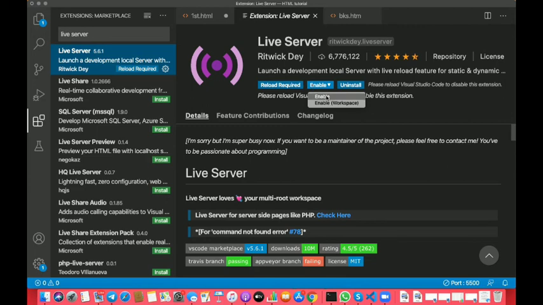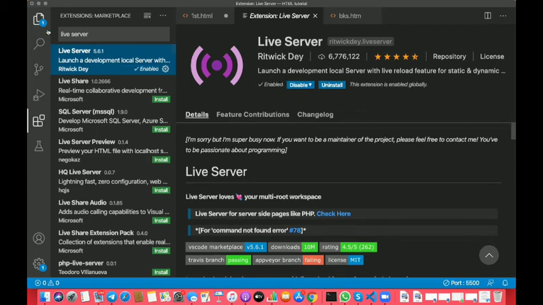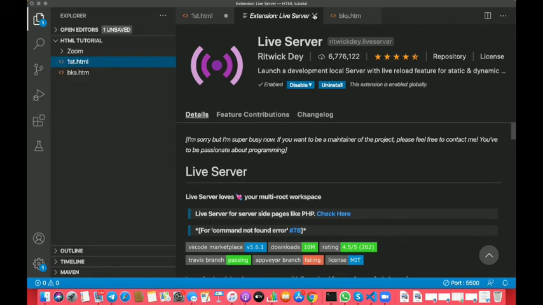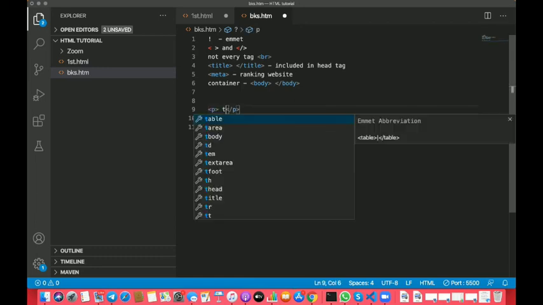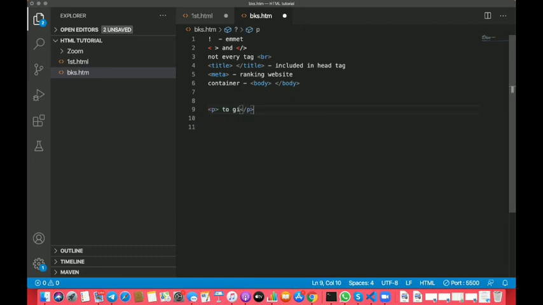Yeah, you can enable it and disable it from here. So now let's make some notes in the HTML file. So let's go, and all this we have discussed, so let me delete it and let us make notes of what we have studied today. So yeah, let's make it.